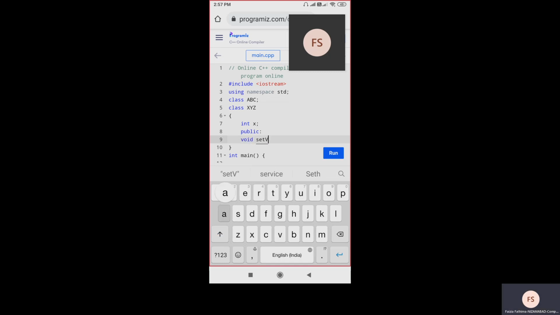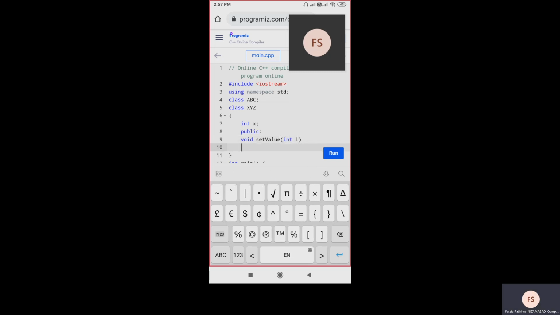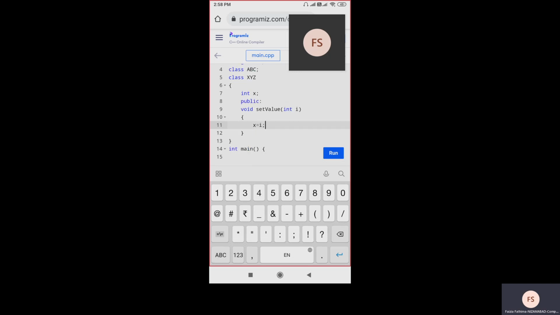It will return void type, that's why I'm giving void set value. Here I am taking the parameter as int i. Okay, here in set value I want to give x is equal to i as a value. Okay, I am using this member function to access the private data x. Okay, similarly here I am closing my class XYZ.